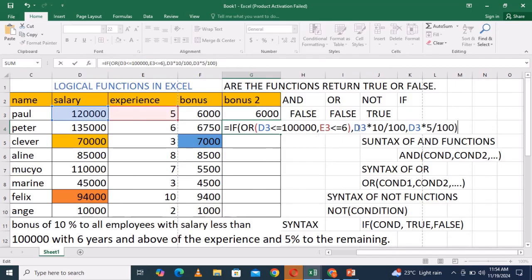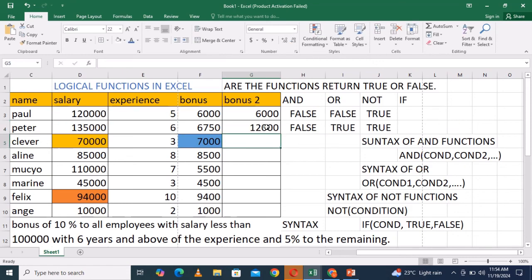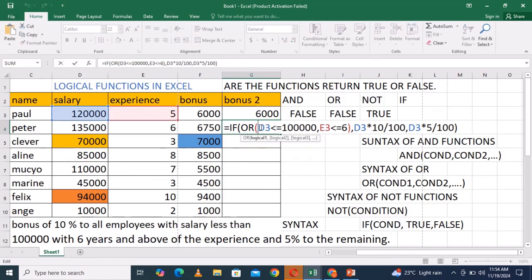The computer will calculate this 10% here. You see, 12 will be given. You see how this will be calculated. The reason why it gives us 12,000 is because I have copied the formula which was used in this one. So now here, let me change this one like this,